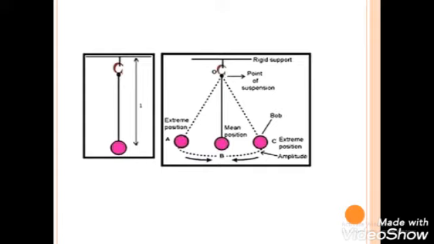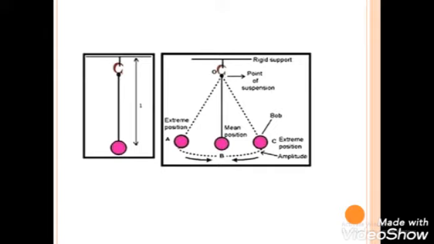The to and fro motion of a simple pendulum is an example of a periodic or an oscillatory motion. Simple pendulum. Okay, a pendulum is said to have